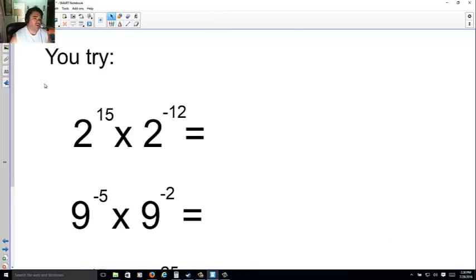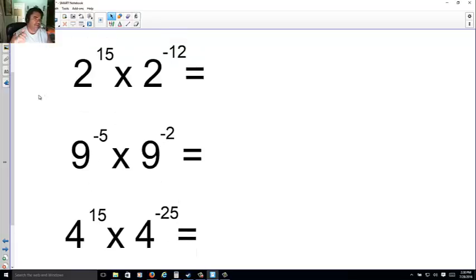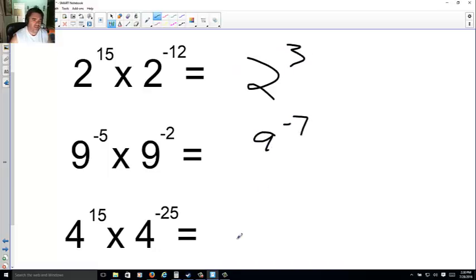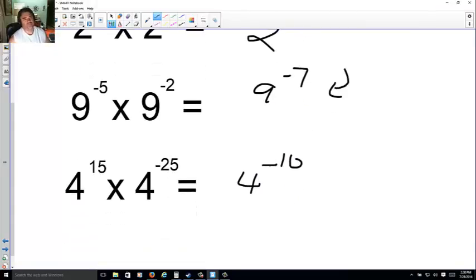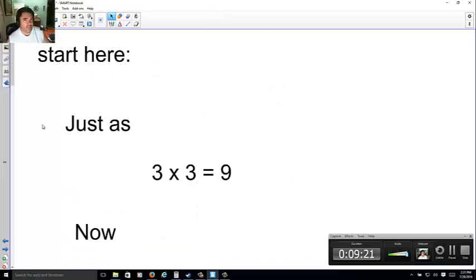So you try. Go ahead and combine these 3. Let's see how you did. I get 2 to the 3rd, 9 to the negative 7th, which for now is what I want, and 4 to the negative 10th. We're actually going to stop here for the end of this lesson because this part here is going to get a little more involved. I want to do one thing at a time,